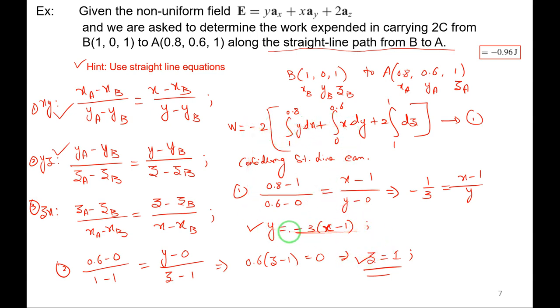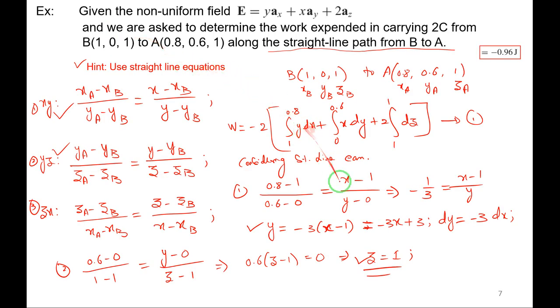Then differentiate with respect to x and see what we get. Dy by dx: y is minus 3x, and minus into minus is plus, so plus 3. Differentiating with respect to x, dy by dx equals minus 3, and dz will be 0 into dx. I hope you got it. Dx is taken to the other side. Whether I want to use y or dy, we will see. Here it is y into dx, so we will see one by one.